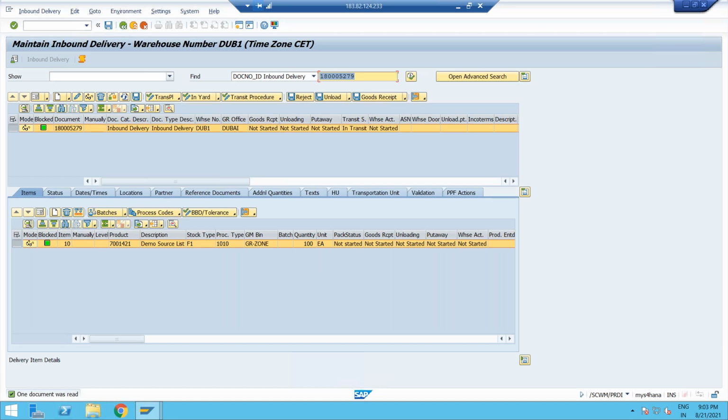Yes, in S4 we don't have the notification. There are certain things which look illogical, like we don't need the WM warehouse. There should be some way to integrate directly with the EWM warehouse. Still, we need to live with whatever they have given.